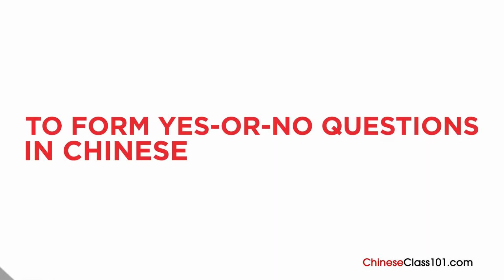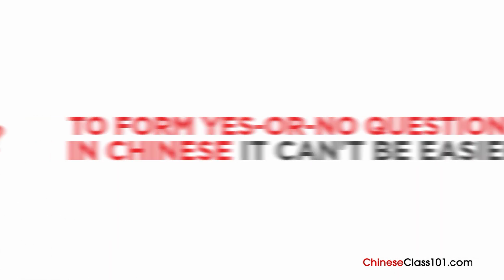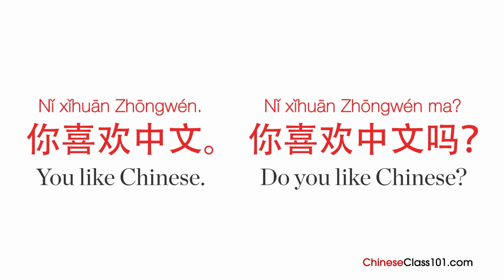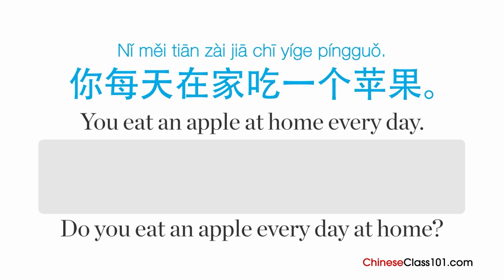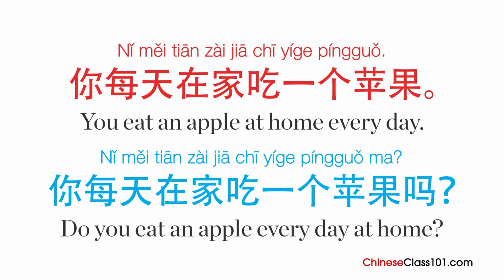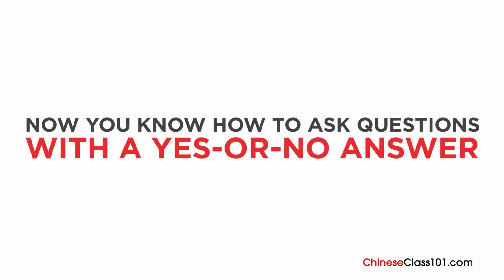To form yes or no questions in Chinese, it can't be easier. Just add a question marker, 吗, at the end of a statement. You like Chinese is 你喜欢中文。To make it "do you like Chinese," we simply put 吗 at the end. 你喜欢中文吗？ Let's make 你每天在家吃一个苹果 a yes or no question. 你每天在家吃一个苹果吗？